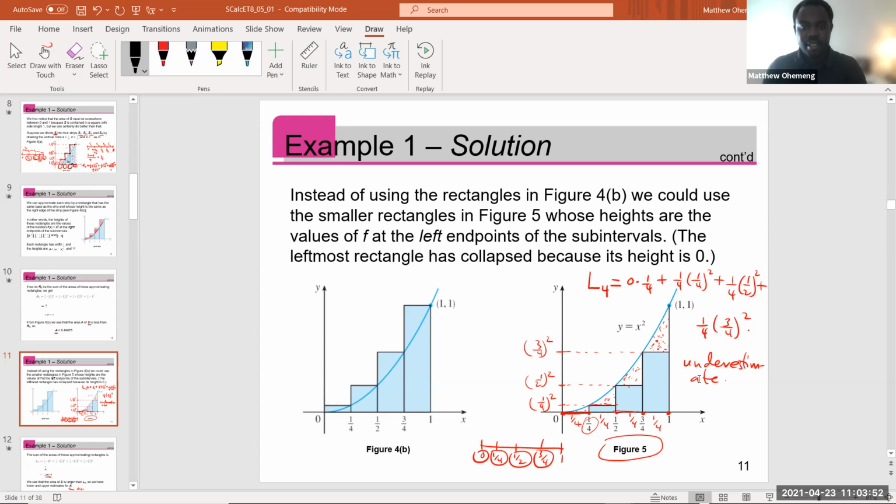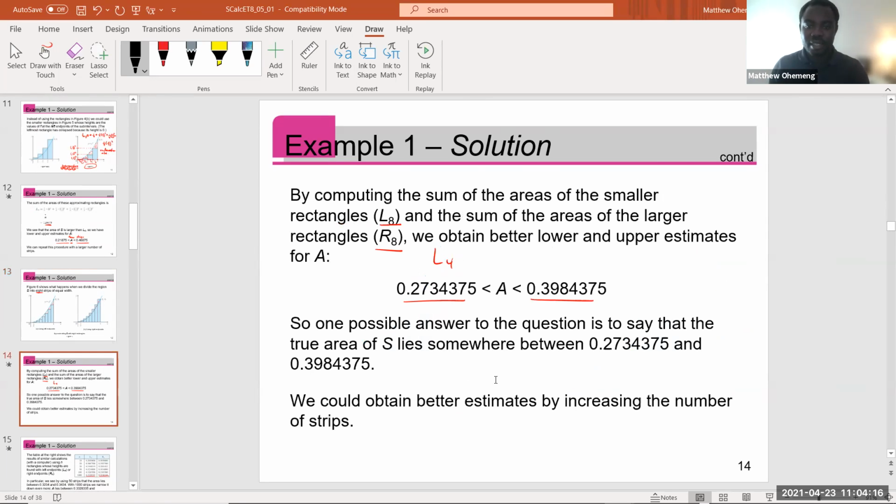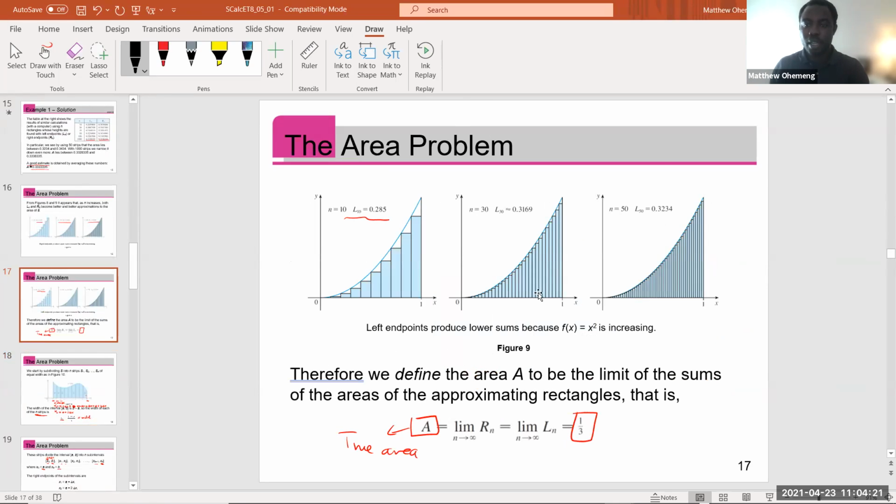Is decreasing, right? So we looked at that, but we saw that as the rectangles increase, the x-axis for the right endpoint values are becoming smaller, right? And the holes for the left, the unaccounted parts for the left endpoint values, are becoming smaller. So as you approach infinity, you get the true area, because as the rectangles become a lot, as you increase the rectangles, it's kind of like shrinking or accounting for all the area under